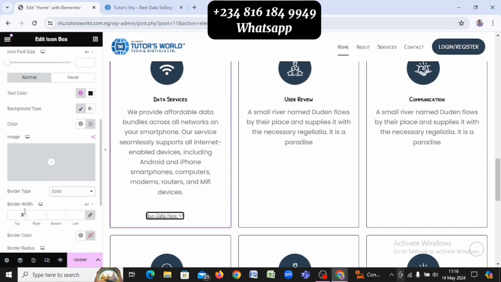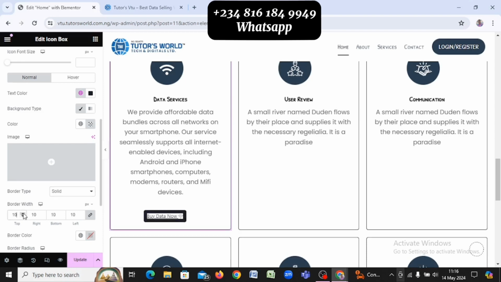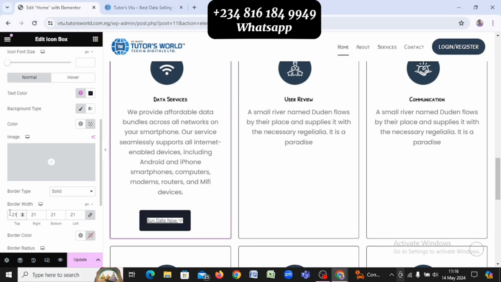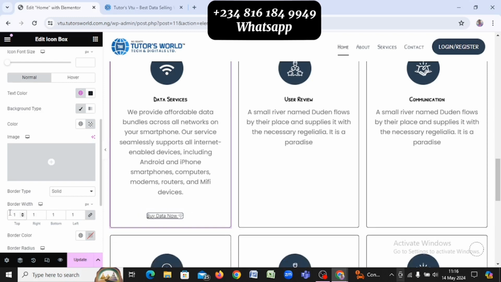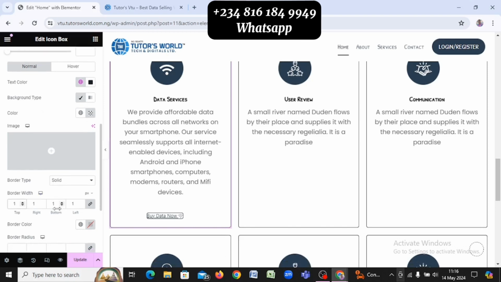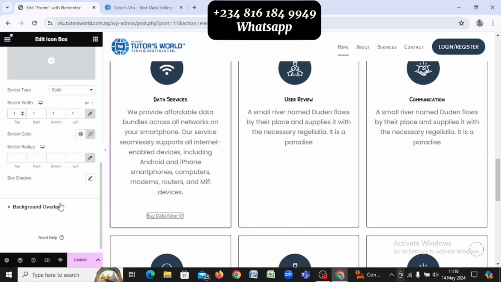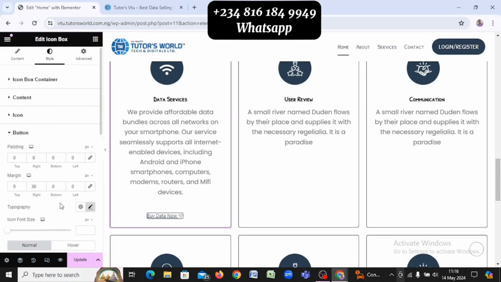So this is what I want to increase. I want you to increase. No, just leave this to 2 or 1. Let's have it as 1. So then the border radius, we could have that. So now that we have that, let's come back to